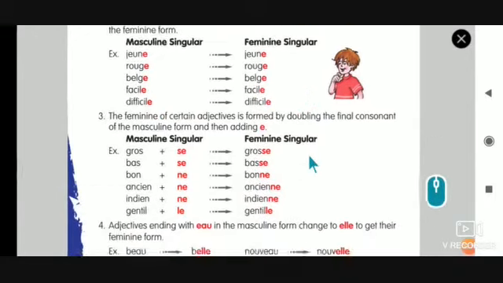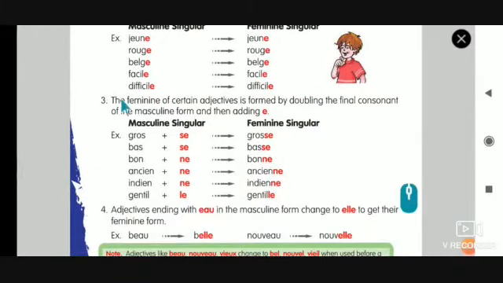Now rule number 3. The feminine of certain adjectives is formed by doubling the final consonant of the masculine form and then adding E. It's very simple here. We have to double the last letter and then add an E. For example, gros, grosse.